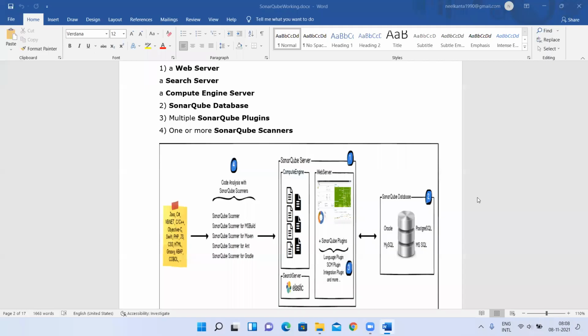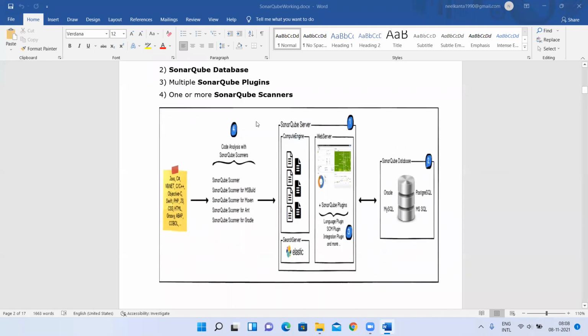So, in the last session we have seen the architecture of SonarQube and how to configure or install SonarQube and scanner on Linux and access it, right? So the architecture will have the SonarQube server, one scanner and a database. You have to use an external database. If you don't want to use that, there will be one default database, the H2 database. You can use that, but it is not recommended for production. For production, you should not use the default database. You have to use the external one.